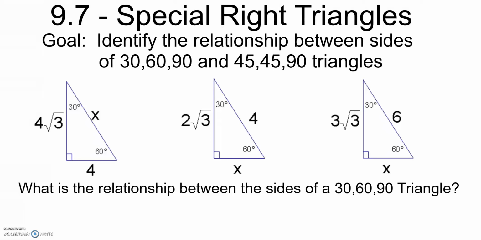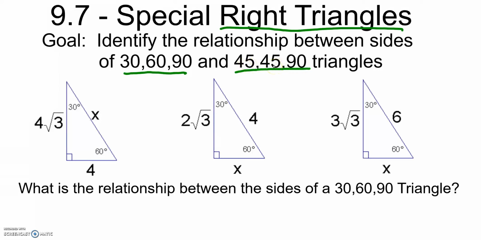The main goal for today is, again, this entire chapter is about learning more about right triangles than you ever thought you ever would. To add on to that, special right triangles mean specifically 30-60-90 triangles. So if your triangle has a 90-degree angle, a 30-degree angle, and a 60-degree angle, or a 90-degree angle, 45